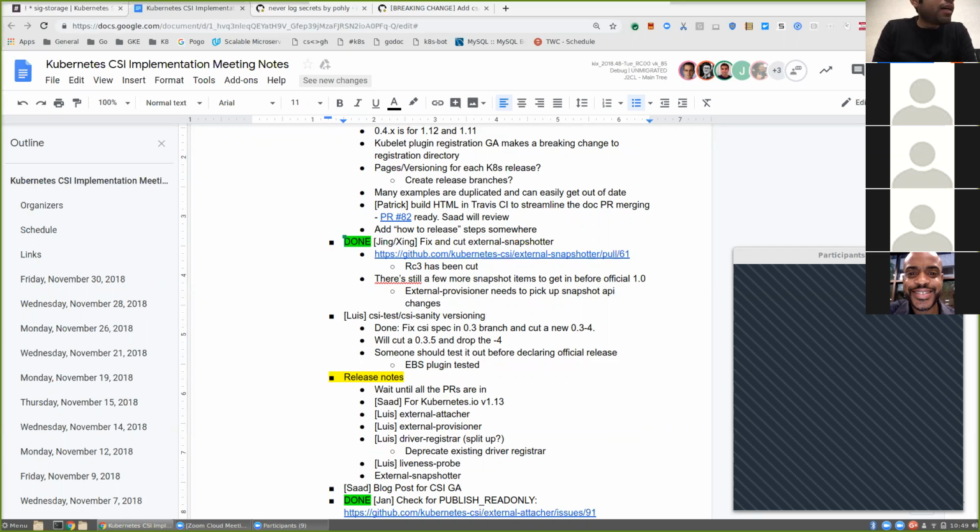Since we're making breaking changes, it might be worthwhile to put together another blog post just to say, hey, snapshotting still exists. It's still in alpha. We made these breaking changes to pick up CSI 1.0 and in preparation for beta, hopefully soon. Would you and Jing be interested in putting something together? Yeah, sure. We can definitely work on that.